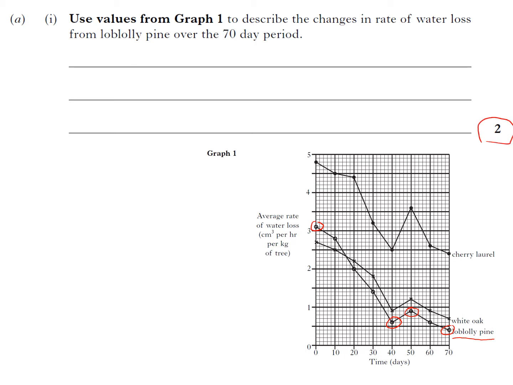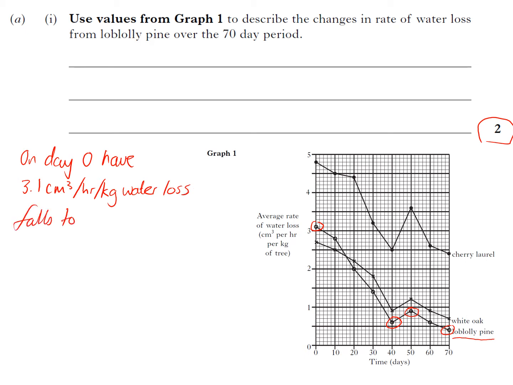So the points that you're going to have to give is on day 0. So you got on day 0, you have, what are we saying, 3.1 centimeters cubed per hour per kilogram water loss. Okay, falls to, where are we going next, point 0.6, falls to 0.6 centimeters cubed by day 40,